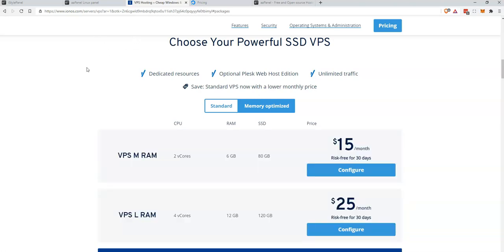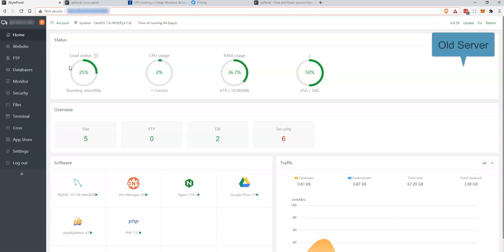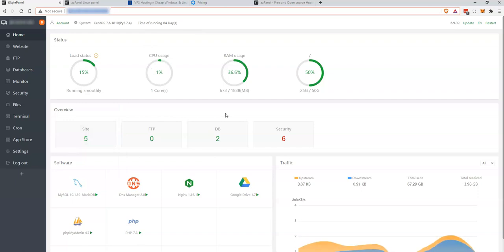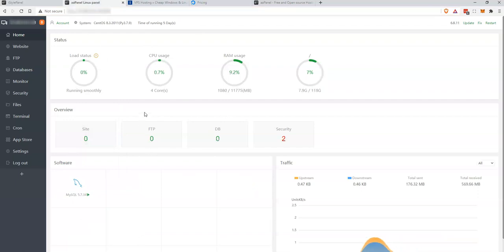All right, so with all that said, we're going to switch here to my original server. As you can see, it's running okay. The RAM is somewhat used when there's a visitor on the website, as you can see, it's jumping up and down. I have about 5 websites running on this, all the same customer, all the same websites. But definitely when it gets a few customers on site, the load will get to 100%, and then it decides to start failing. So we switched to Ionis, which is again 4 cores, 12 gigs of RAM, and I